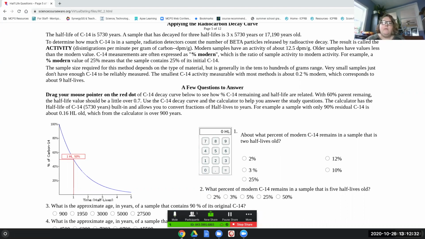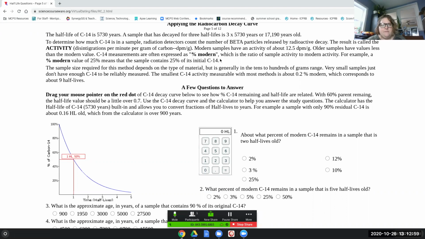Modern samples have an activity of about 12.5 DPM per gram. Older samples have values less than the modern value. So carbon-14 measurements are often expressed as percent modern, which is the ratio of sample activity to modern activity. For example, a percent modern value of 25% means that the sample contains 25% of its initial carbon-14, or 25%